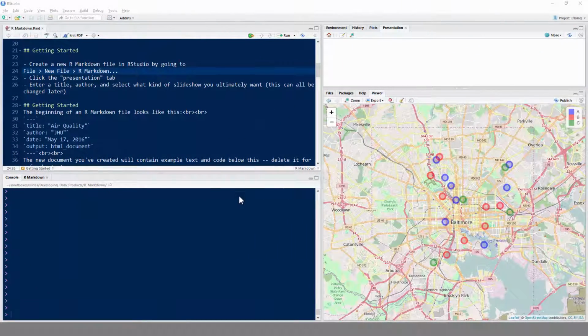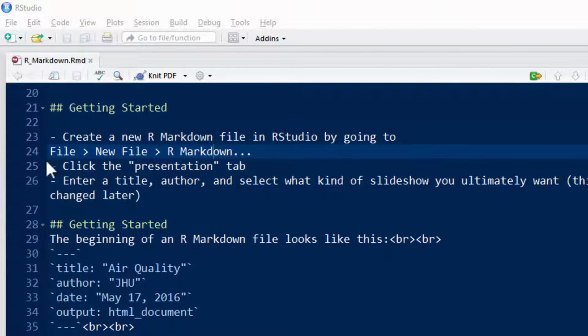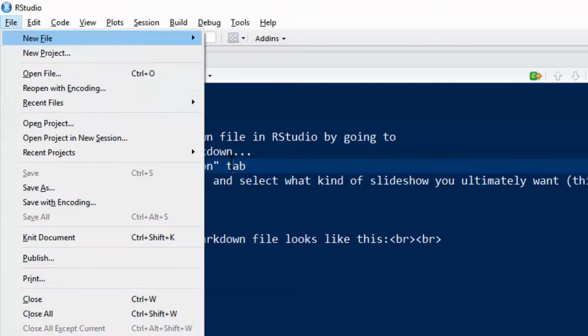It's worth noting that we actually practice what we preach, and here's our slides for this class written in R Markdown. So here's the RMD file for the class, but we're going to follow through the notes and create a new presentation. So look what it says. It says File, New File, R Markdown. Okay, so you could just do that by Alt F,